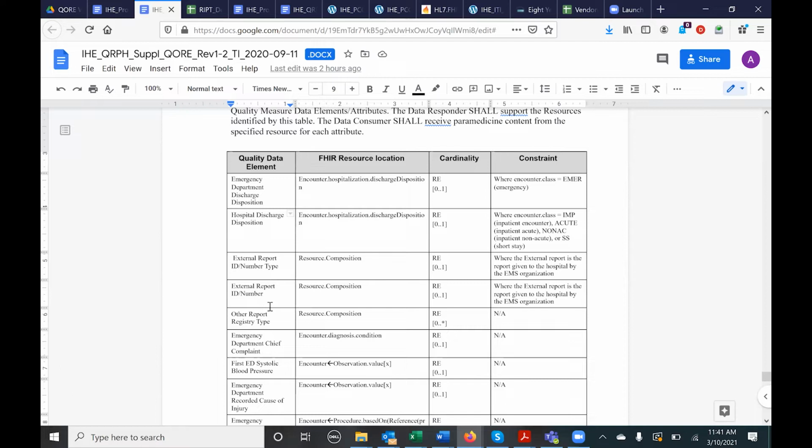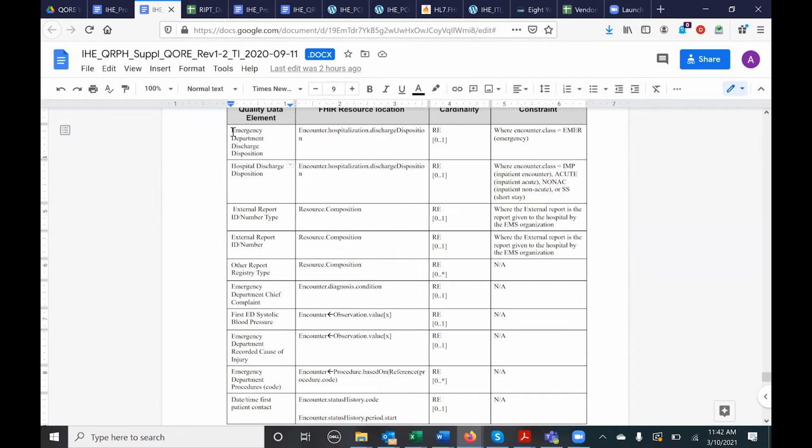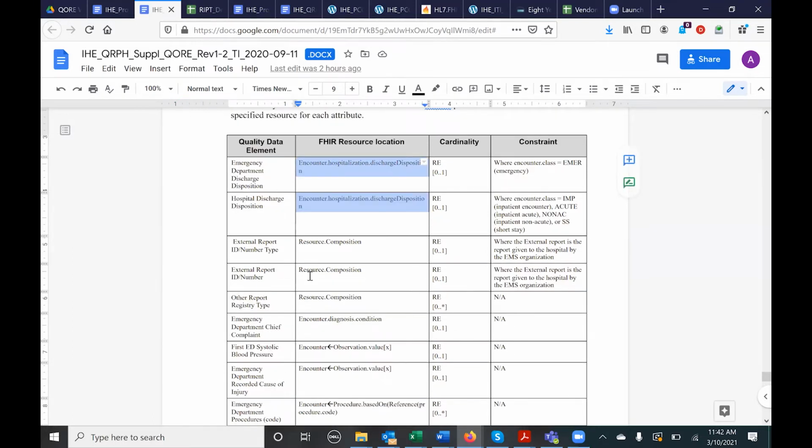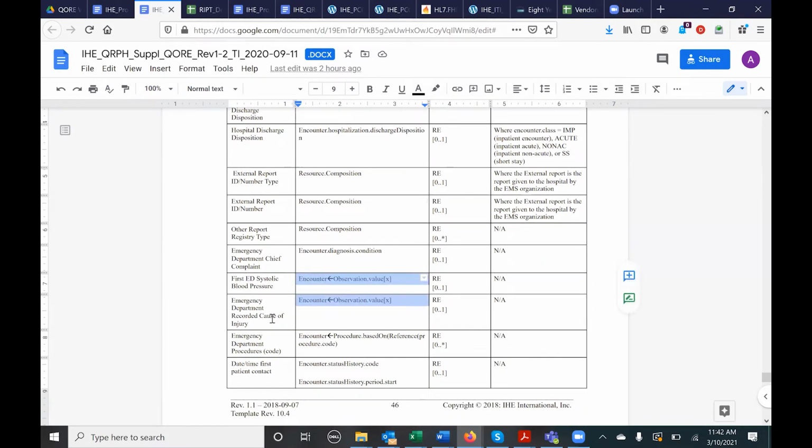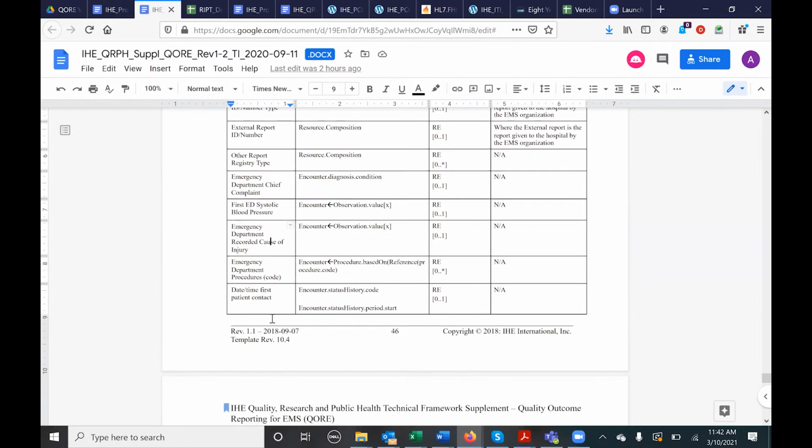But I believe these were updated to NEMSIS 3.5, and so this is where it is, and the FHIR resource locations will probably change. Some, not all of them, but some of them, like vital signs, etc., will most likely change based off of what's confirmed in the PCS for structure definition